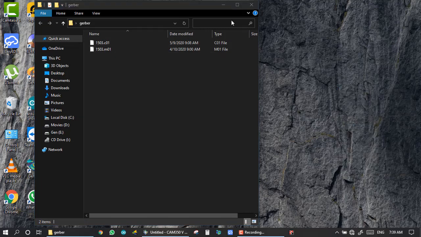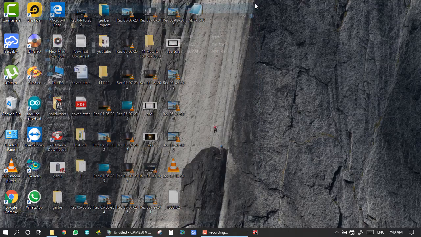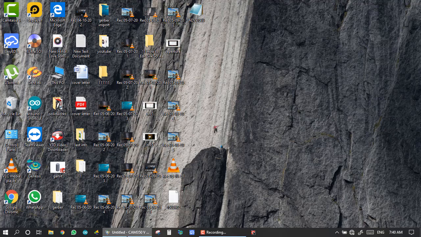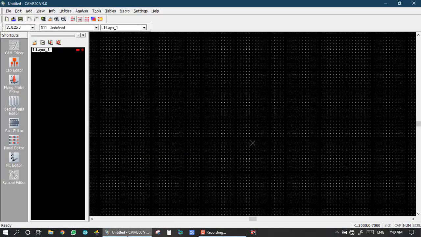Here I have two Gerbers, C01 and M01. If I want to import these two Gerbers in CAM350 to make a netlist or anything else, I can use them.